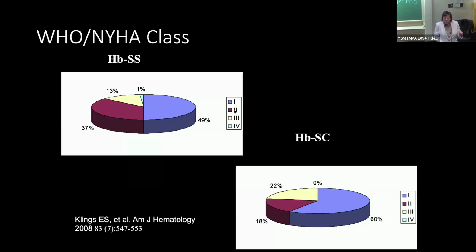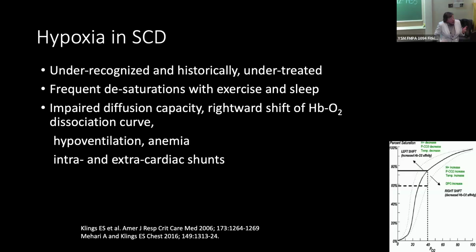Meaning, and this was the question that got them this classification, they could not walk 5 blocks on a flat surface or climb 2 flights of stairs. And so this is people in their 20s and 30s. And this dyspnea has plagued me for my entire career, because this is multifactorial dyspnea. And in many of our patients, there also is hypoxia.